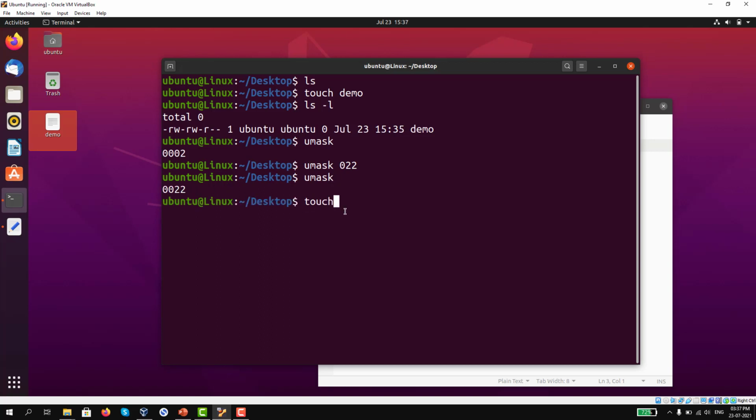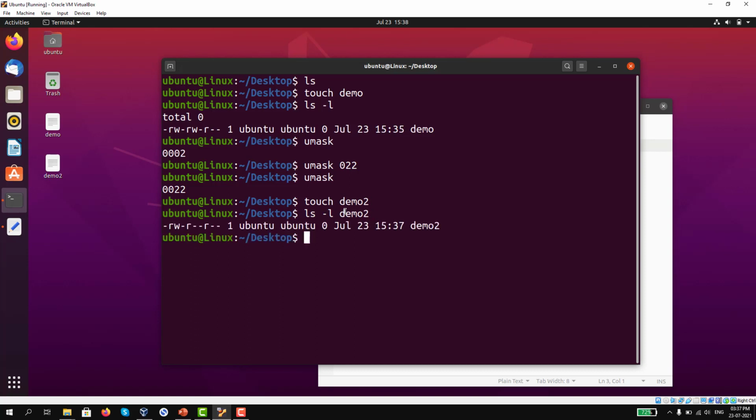If I create any file, touch demo 2, and list out permissions for demo 2, I can see read write permissions for user and only read permissions for group users and others. This is how we can manage the default permissions that need to be configured while creating any new file or directory. This configuration will be only applicable to